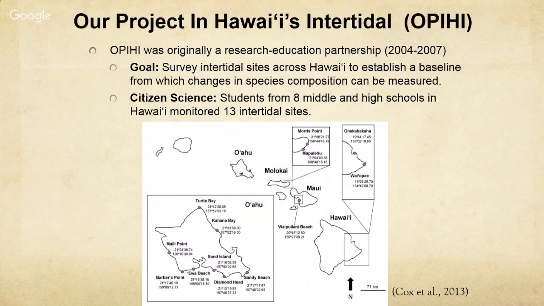So they trained 8 high school and middle school teachers to train their students in our protocols. And then those students went across 4 of the main Hawaiian islands at 13 intertidal sites and carried our protocol out. And the data those students collected then resulted in the first broad-based look at Hawaii's intertidal community patterns,